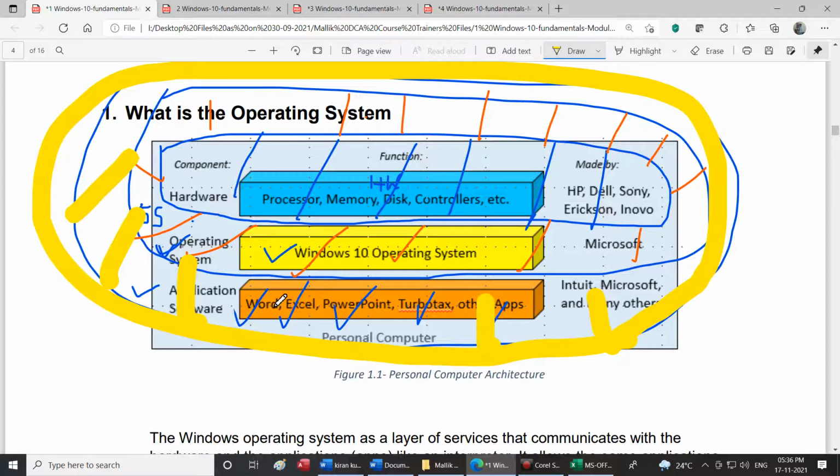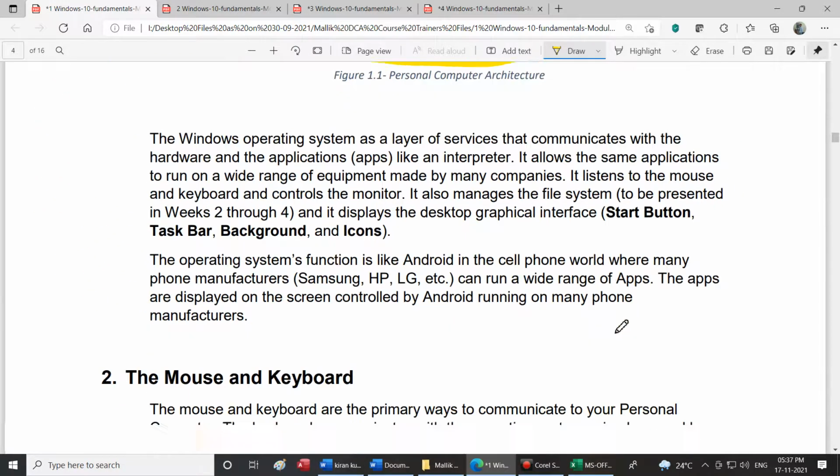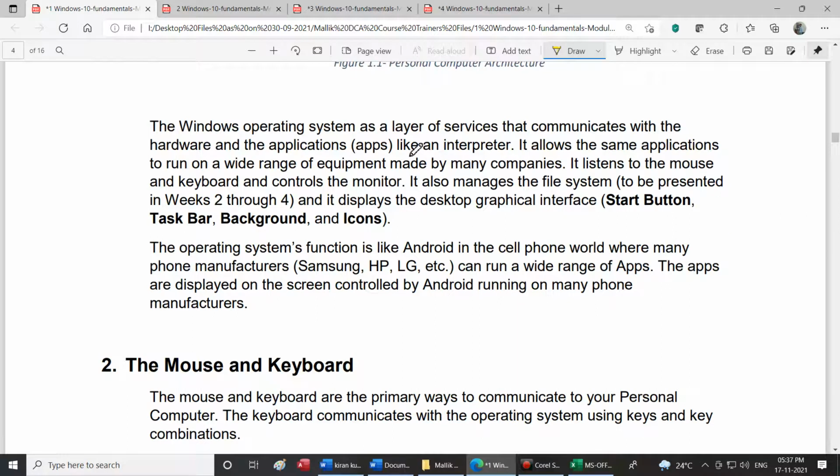For me, my customers are called students. When I go to a hospital, for the hospital, the customers are called patients. For me, the service providers who are going to help me are called faculties. For them, the people who are going to help in the hospital will be called doctors or surgeons. So that way, both are going to sit here. In application software, both CMIS and generalized application software like Word, Excel, PowerPoint will sit there. CMIS software is also going to sit here. Now let us understand the Windows operating system.